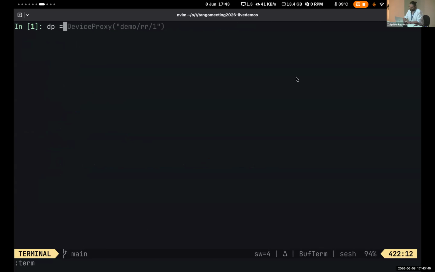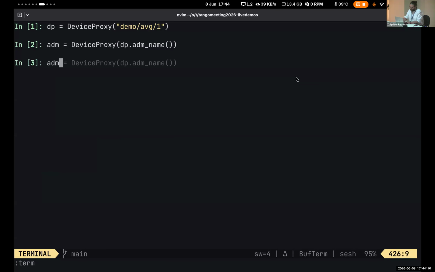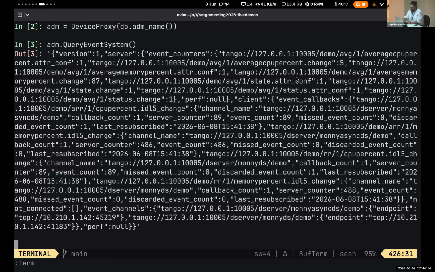Yeah, so we can get a device proxy to that demo AVG1 device. This is a device proxy to that device itself, but this query event system command is on the admin device, so we need to go grab that. You can use the ADM name to get the admin device name, so we'll do this. And then on this admin device, there's now this query event system command that we can call, and we get